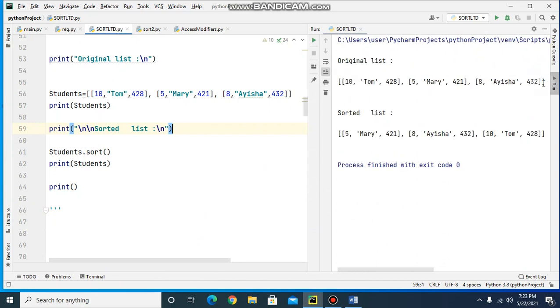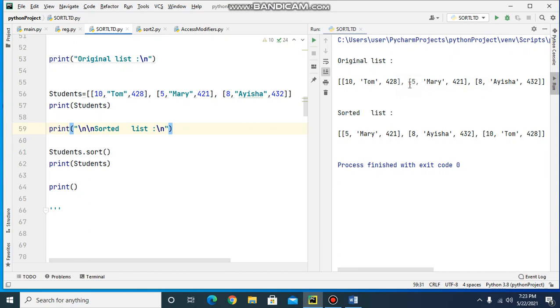So this is the original list and this is the sorted list. Now this list is sorted according to the first element of the list in the ascending order. Here the first element is 10 in this list. In the next list the first element is 5. Here the first element is 8.